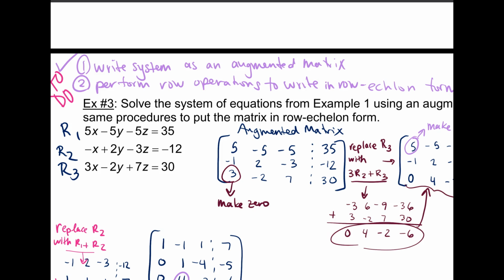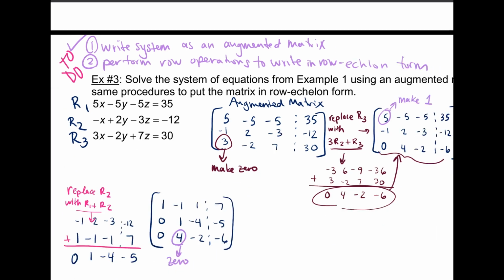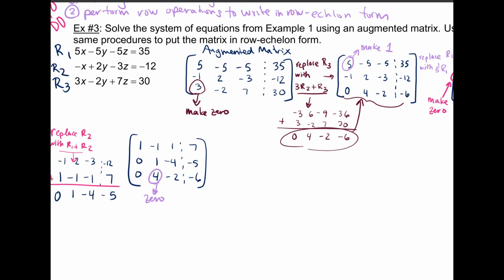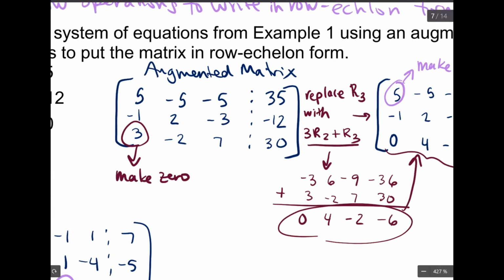Now we're performing row operations to write it in row echelon form. This is the same problem we did for the first example. The difference is I'm showing you how to do it with matrices. It's a little cleaner, a little shorter. And then the third way I'm going to show you is, in my mind, significantly shorter. So the first step was to write the augmented matrix, and then I replaced